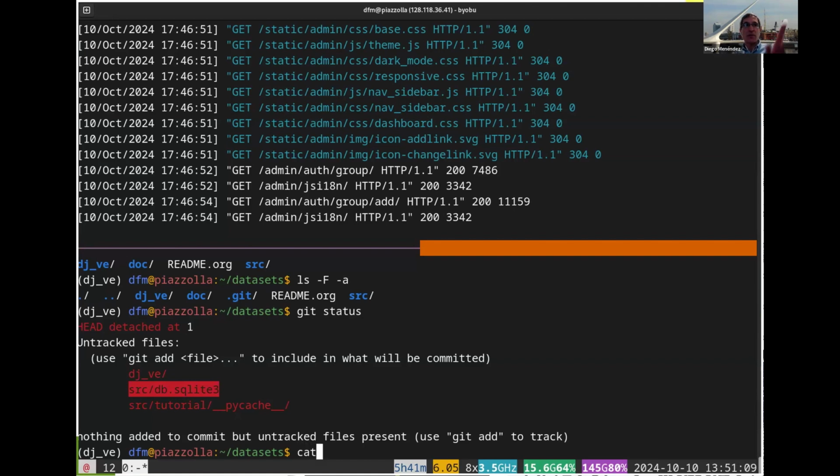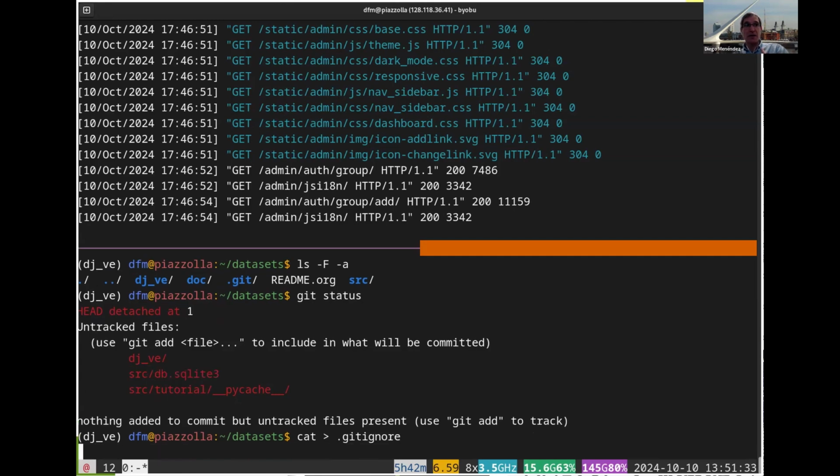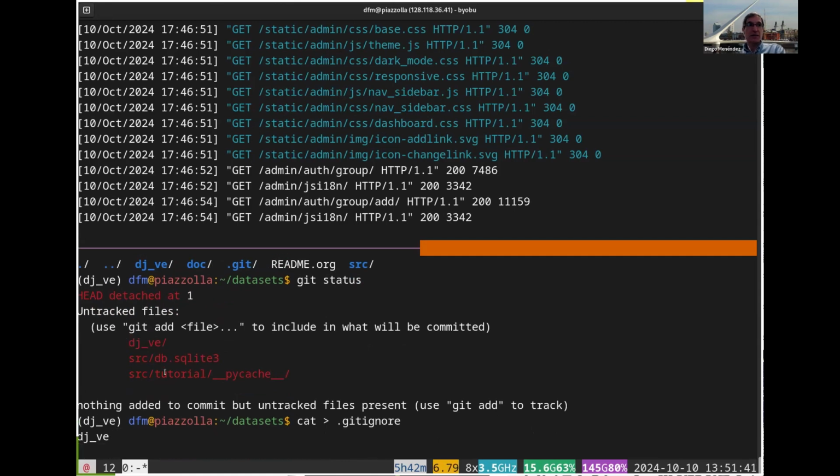One thing that we can do to avoid seeing things that we don't want to track is create a file called .gitignore. And if we direct the output of the cat command, which is nothing for now, but having no other input, it will take the input from my terminal. What we can do is ignore this. So just that, the Django virtual environment. Also ignore the database,